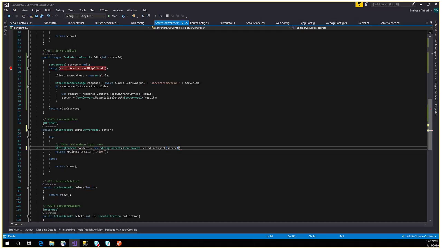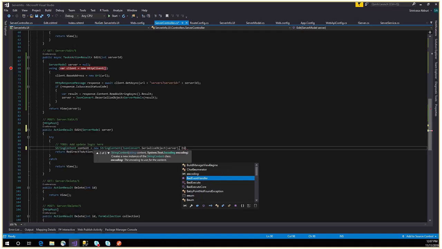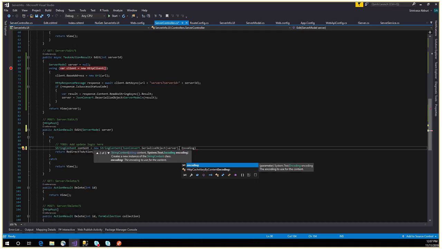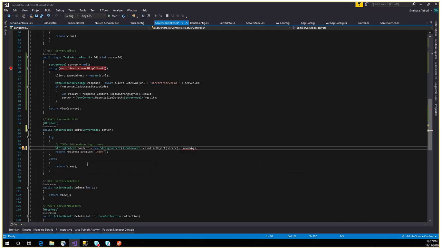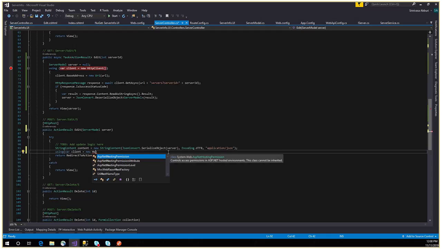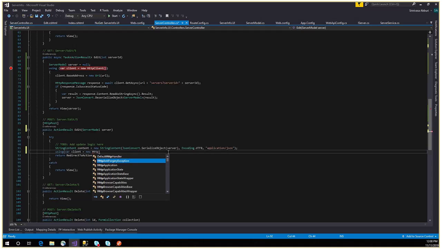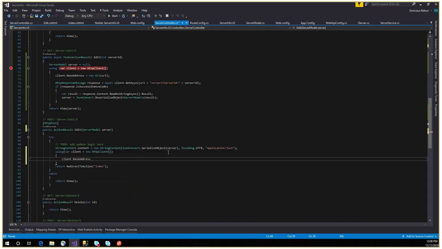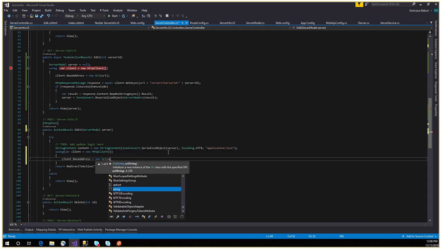And the content should have encoding, which is control dot using System.Text, Encoding.UTF8 format, where you can use this. And then the media type is application/json. So we're passing a media type JSON object. And then let's use the same, where client equal to new HttpClient, because we have to post the data. Posting data with HttpClient, and client.BaseAddress equal to new Uri of URL plus